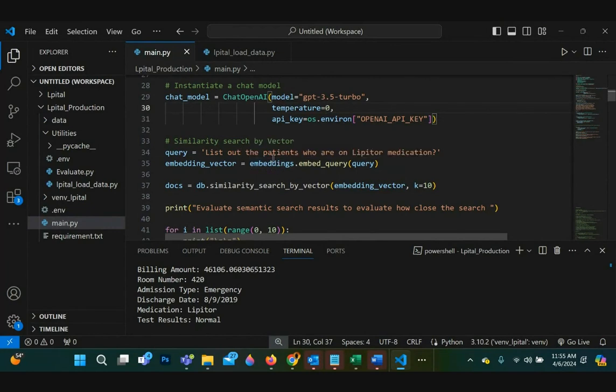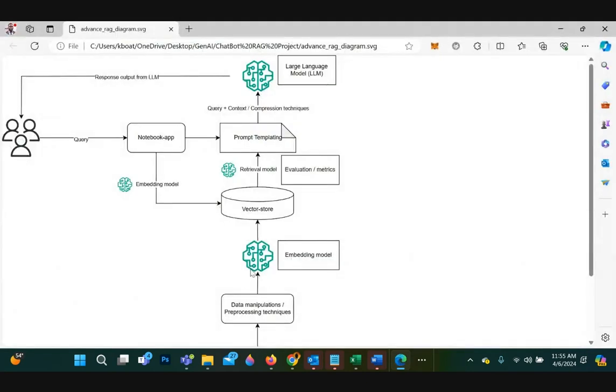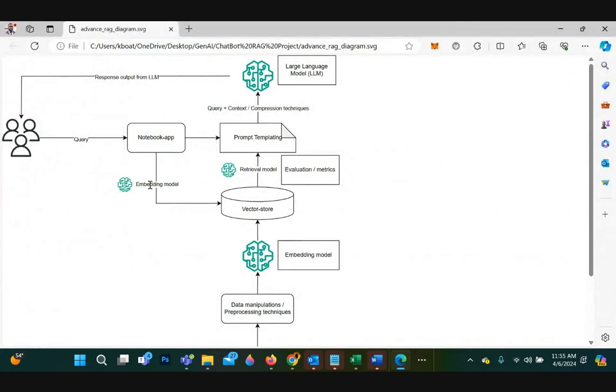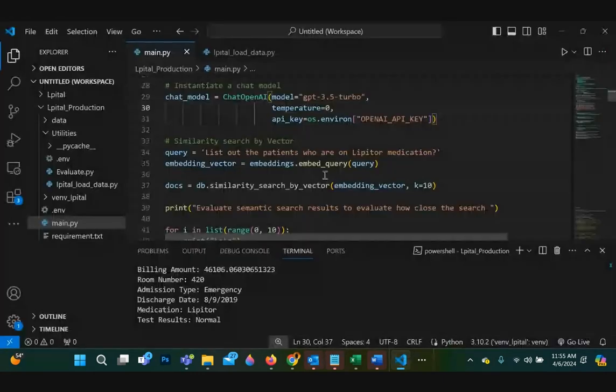So this is the question: list out the patients who are on Lipitor medication. So the embeddings, remember we said we have a model called embedding here. Actually this one. So it's the same model anyways.